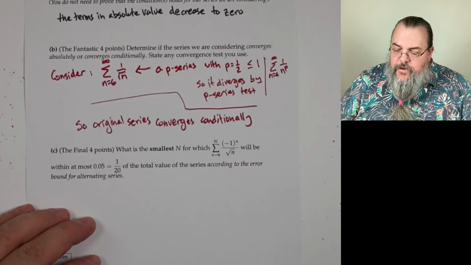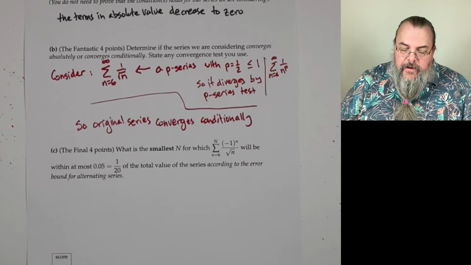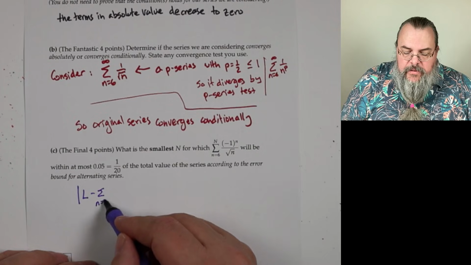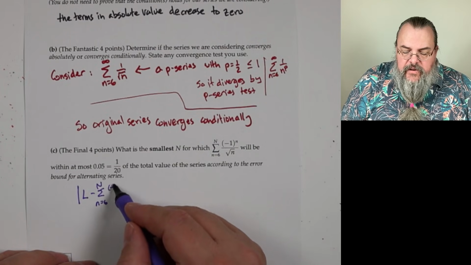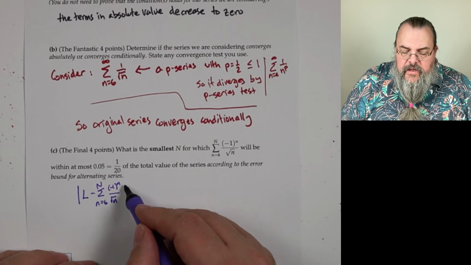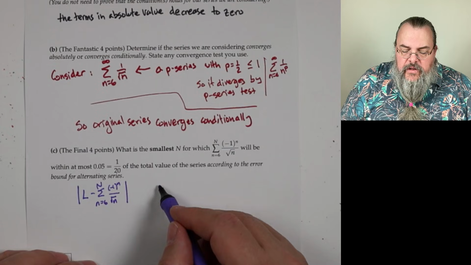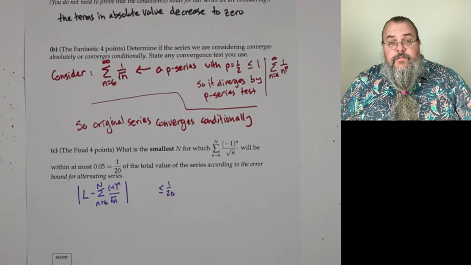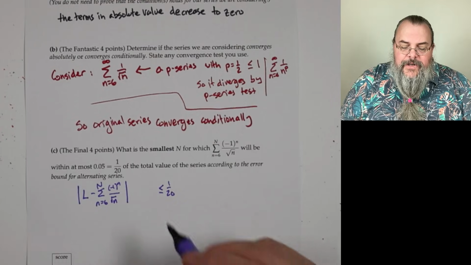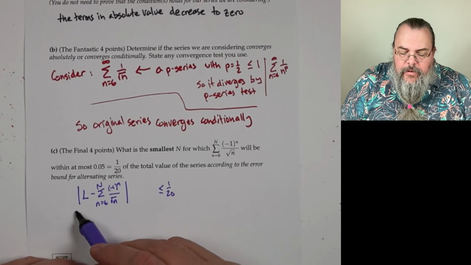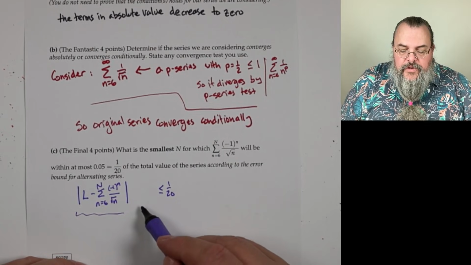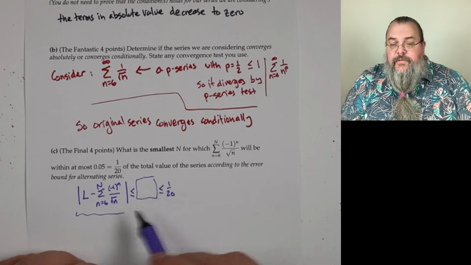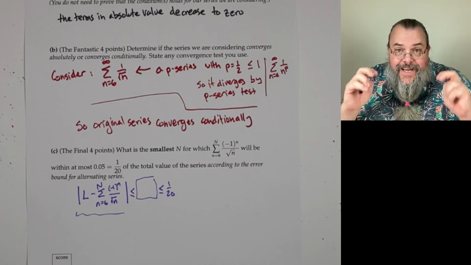Well, what do we want? We want to say the following. So we want our L minus this sum, n equals 6 to capital N, of minus 1 to the n, over square root of n. We want this to be small. Well, we want this to be less than or equal to 1 over 20. At most, 1 over 20. Now, here's the thing. This is what we want to bound by 1 over 20. So what we'll do is we'll sandwich in the next term. Now, this box is not the answer, but well,